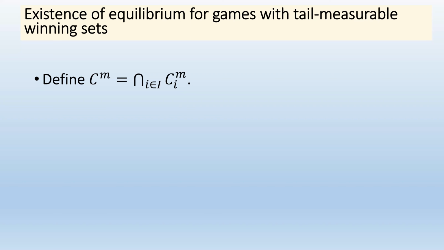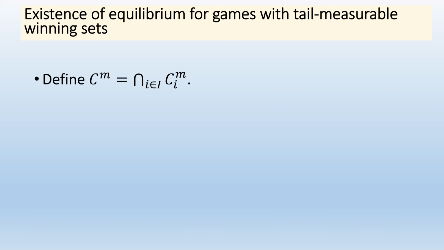Okay. Now I understood. Sorry for the question. No, thank you for the questions. Please, people, ask questions. Yes, so CM is the set of plays where at period M, we don't have a player that is completely lost, that is outside, that has no possible future in his CI. Okay, this is the set CM.